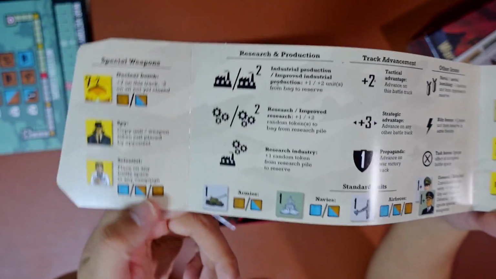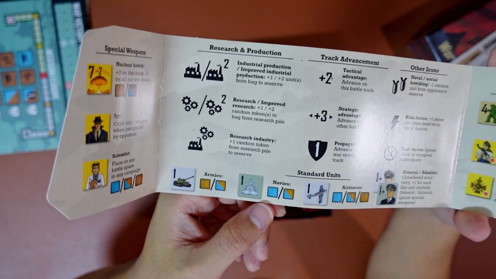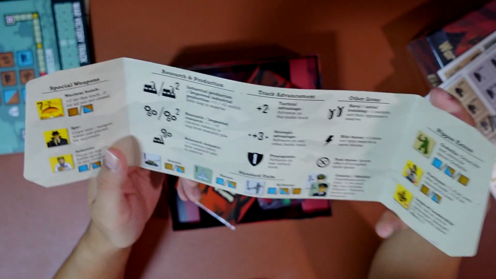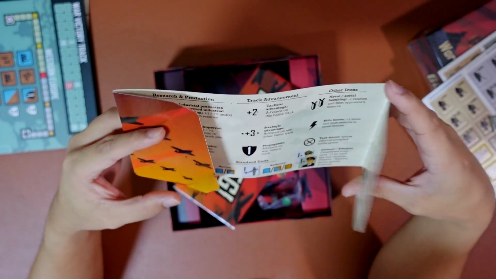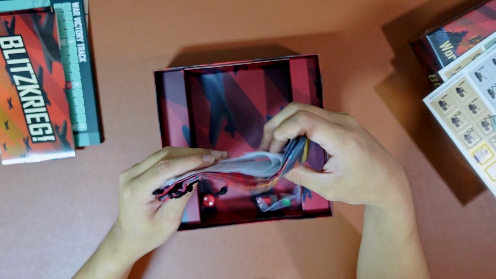So as you can see here, it says that army, for a tank you can go into land or mixed, navies you can go to sea or mixed, and air forces you can go to pretty much anywhere. Yeah, that's interesting. So these are the player screens. So next we have